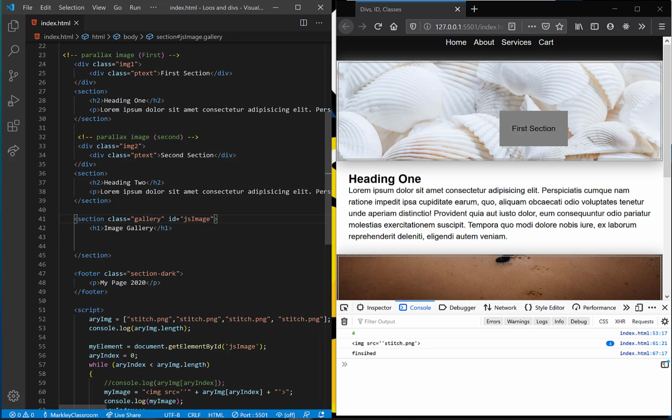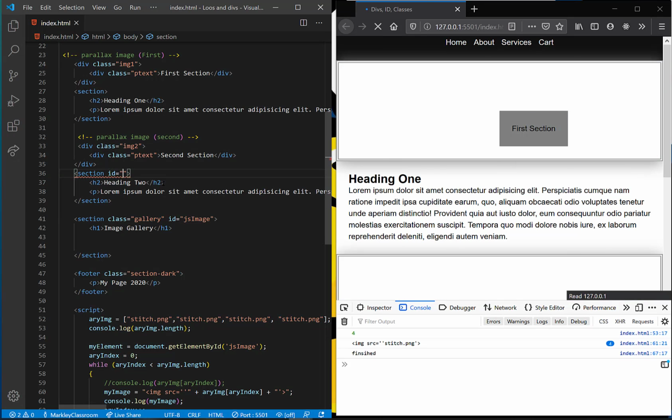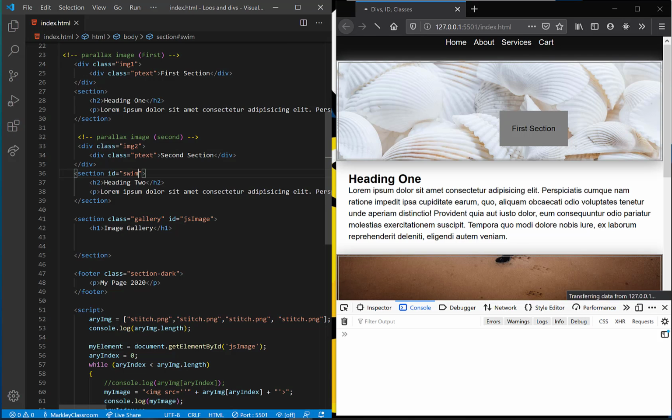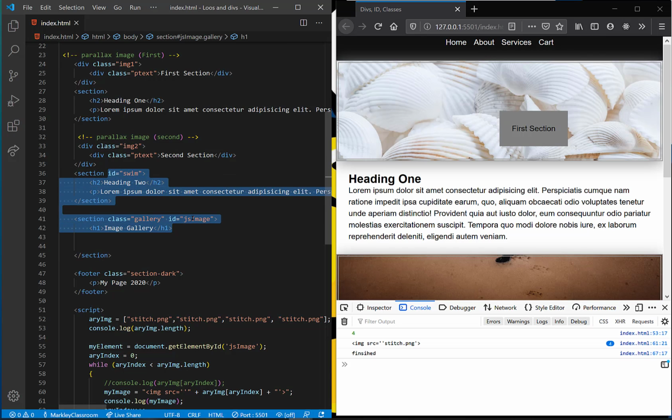So there can only be one ID JS image in this document. There can be another ID. If for some reason I needed this to be an ID of swim or something, that's valid. There can be more than one ID on this page, but there should only be one ID with the same name. So this is okay. This would not be okay. And from a CSS standpoint, it's going to work. In fact, you see it's got errors. From a CSS standpoint, it's going to work the same as far as being able to style an ID individually,